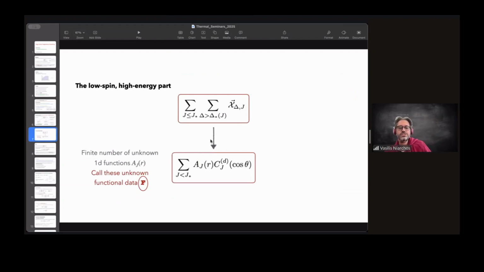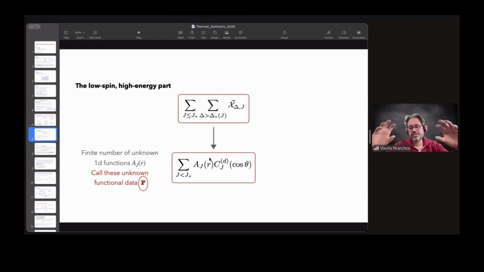So the question is, how do you handle this part? The low spin high energy part can be written in several situations, and automatically in the thermal bootstrap case, as a sum over spins less or equal than J star of